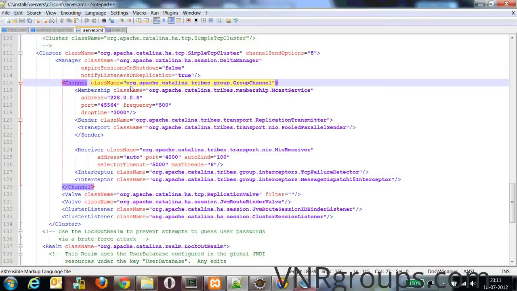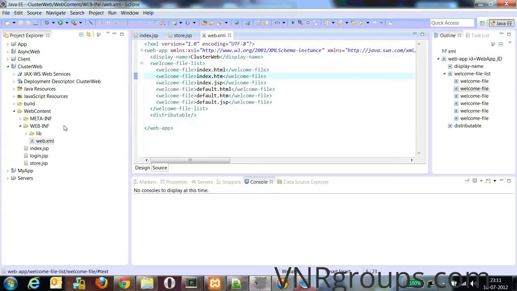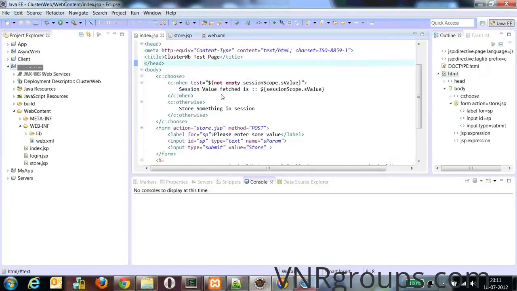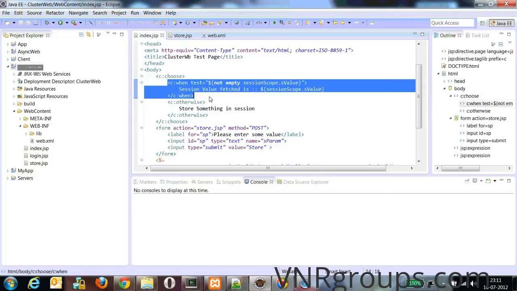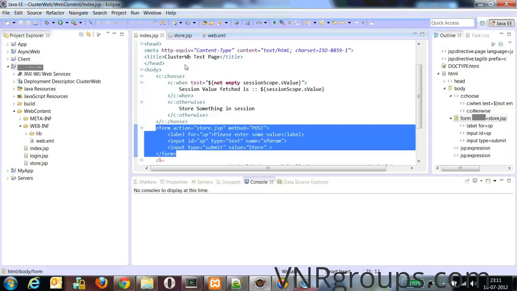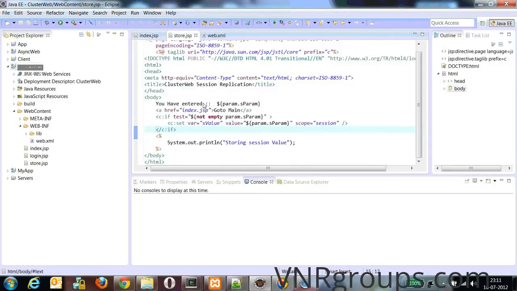Now we'll see how we achieve such high availability in a normal J2EE web application. I am continuing with my same clustered web application, where I have an index.jsp. First of all, I am checking whether there is a session value or not. If there is not, I am giving an option to store the value. In the store.jsp, I am just checking